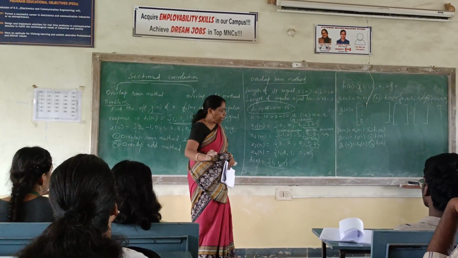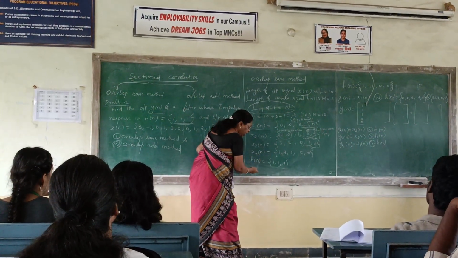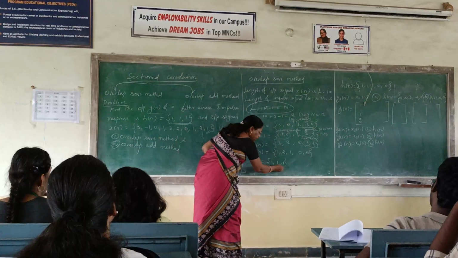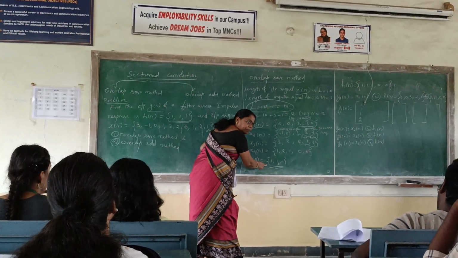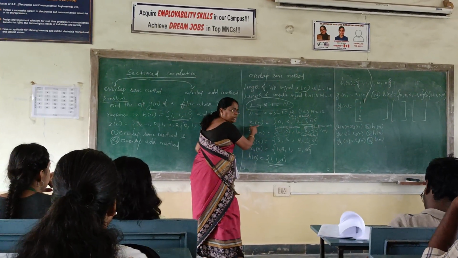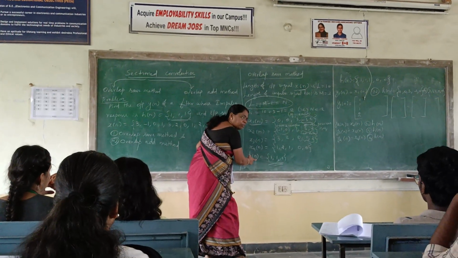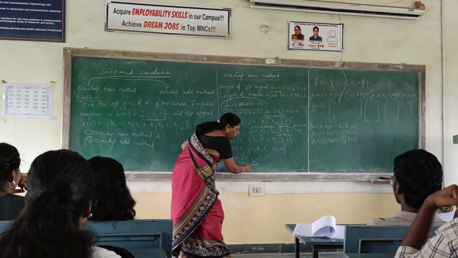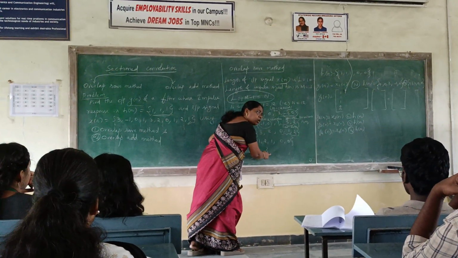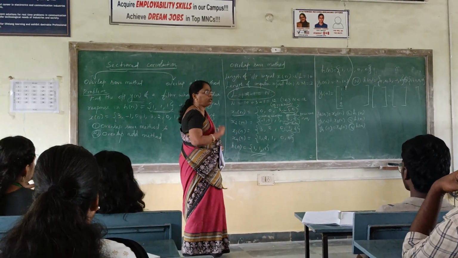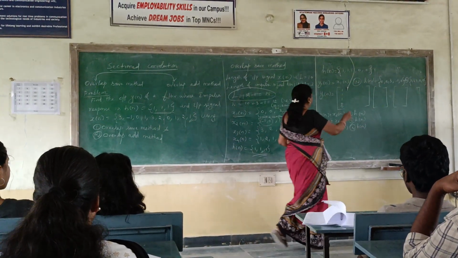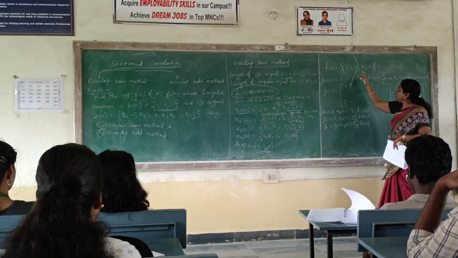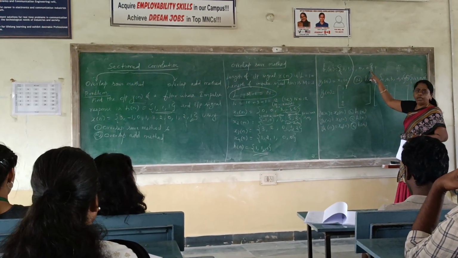So clear? Clear all of you? This is how we have to construct. H of n we already have. Here in this also we have only 3 samples, but in all other sequences we have 5 samples. Because of that, you have to append this one with 0. How many zeros are you supposed to add? 2 zeros you have to add. That is why we are writing here like this: H of n equal to 1, 1, 1, 0, 0.